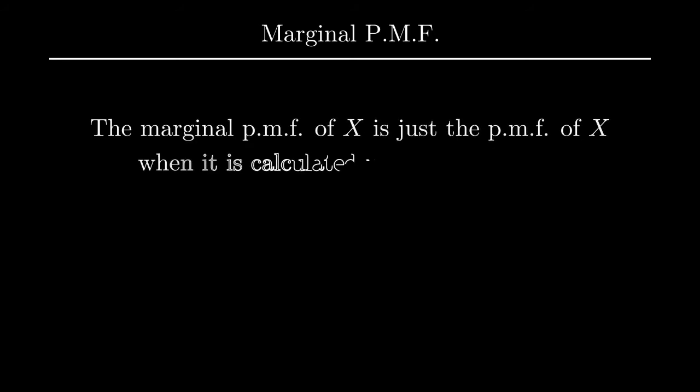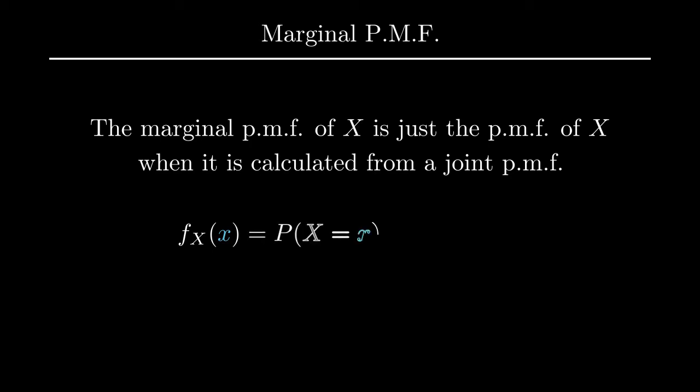Here is the formal definition of a marginal distribution. The marginal PMF of X just refers to the PMF of X when it is specifically calculated from the joint PMF of X and another random variable. We calculate the marginal PMF as follows. For each value of little x, we need the probability that the random variable X equals little x. And we calculate this by summing the joint PMF over all the possible values of the other random variable,